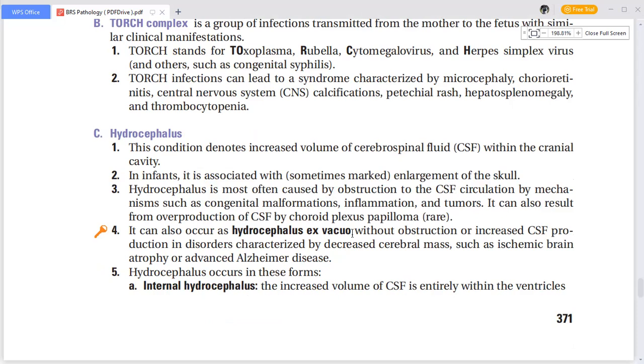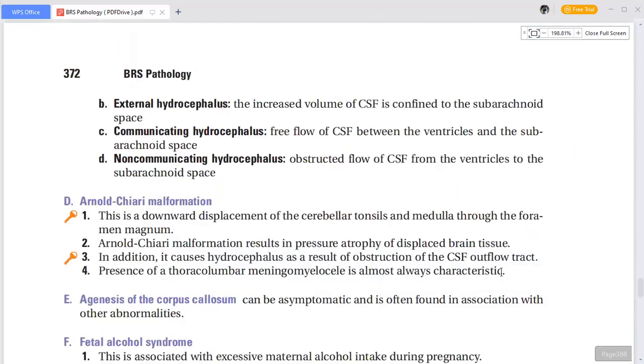So hydrocephalus occurs in these forms. We've talked about internal hydrocephalus, where there's increased volume of CSF entirely within the ventricles. Then we've got external hydrocephalus, where the increased volume of CSF is confined to the subarachnoid space, meaning that it's moving from the ventricles and also going outside. But the main classification that we have to remember is the non-communicating and the communicating one. So now remember, if the CSF was increased to an amount that is not supposed to be, you're going to have what we call